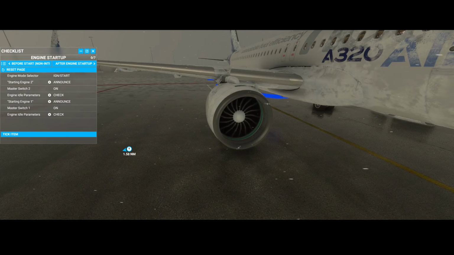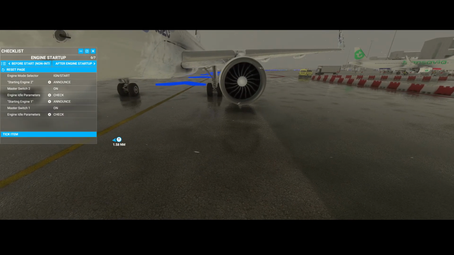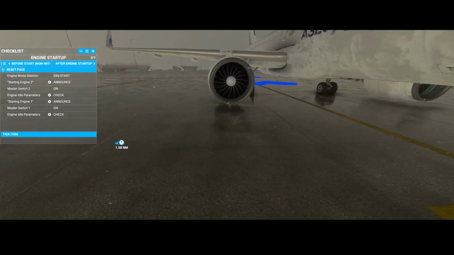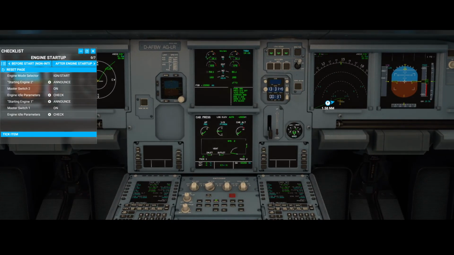See it going faster and faster. And if we would go to the airplane, you'll see that the other one has already started. So let's give it some more time because it's not the same values yet as the other one. So once these are, I would say, stable, which they are currently,